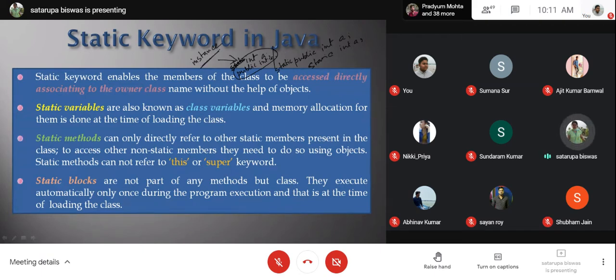And this thing is already known to you. Instance of a class means the object. So these are instance variables or object variables. When an object is created under that particular class, for each object, every instance variable gets its memory allocation. So if you declare something like,